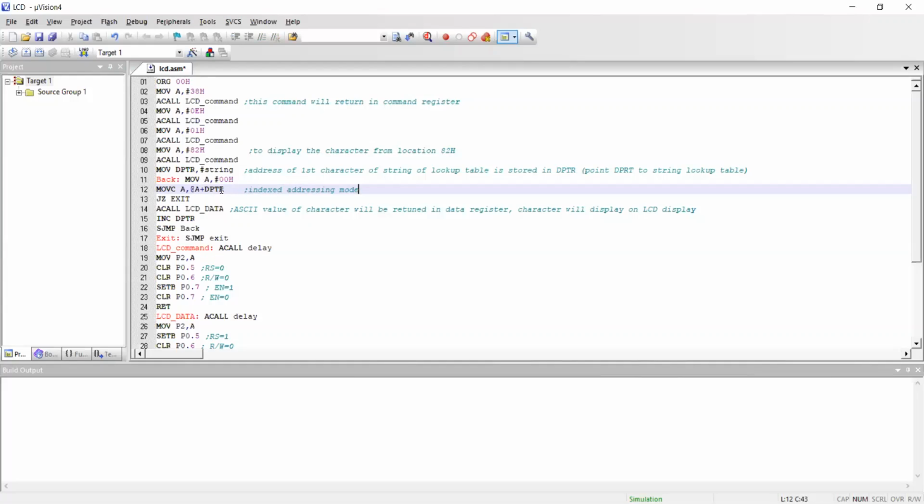In order to use this command, I have to set A equal to 0 first. Then only it will get the value of DPTR. DPTR will point to the correct location until the value inside the location becomes 0.